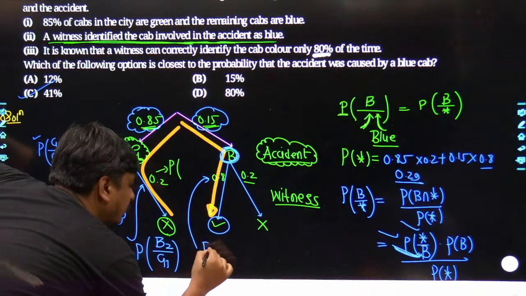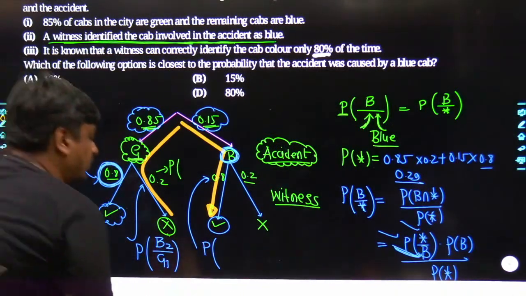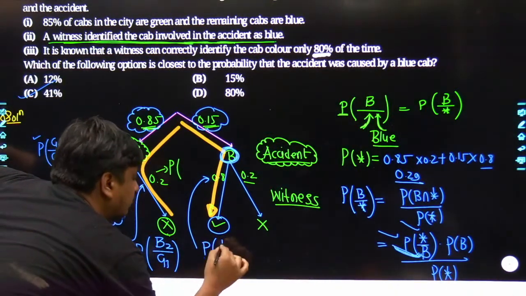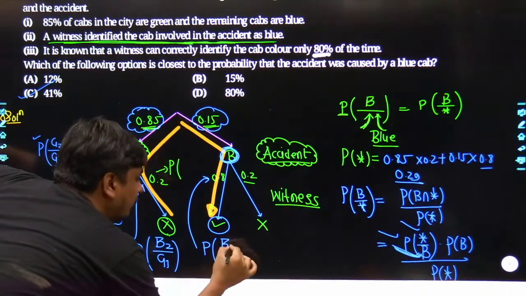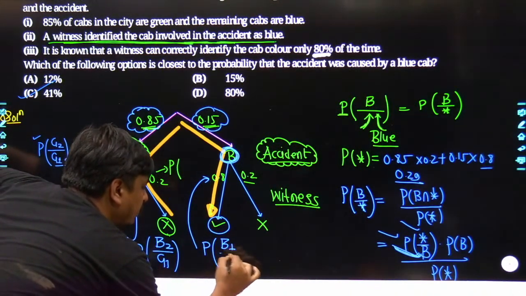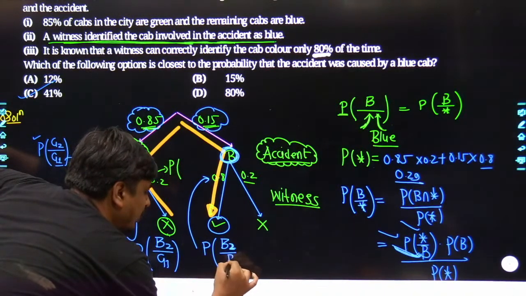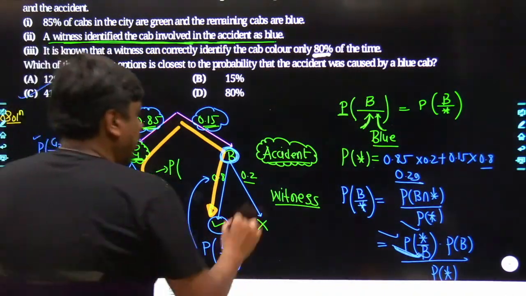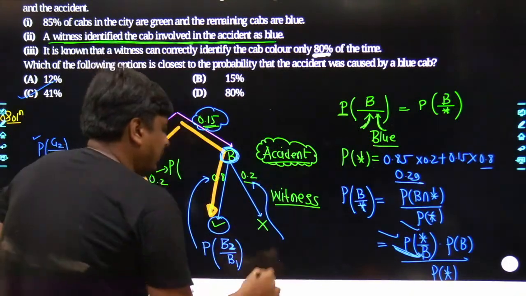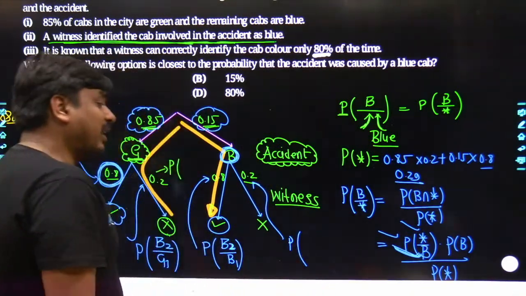The probability that the witness has witnessed this as blue, whereas actually it was performed by blue. May I know which data it has been? The witness has witnessed the color as